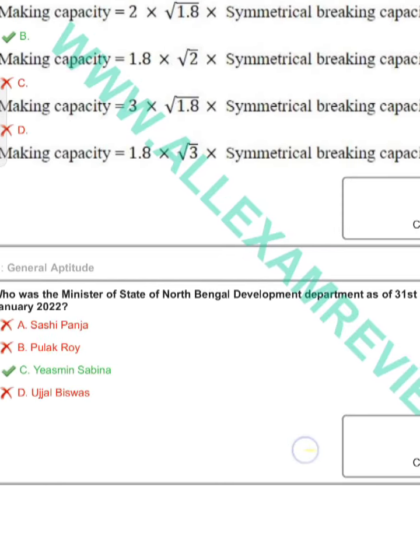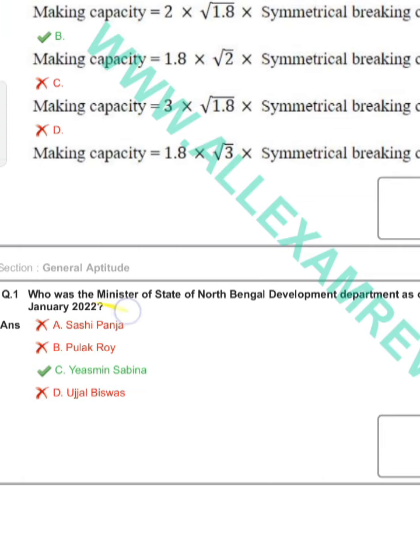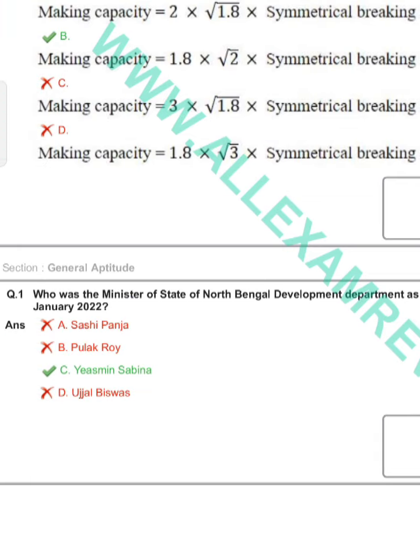How are the making capacity and breaking capacity of a circuit breaker related? Making capacity is equal to 1.8 into root 2 times the symmetrical breaking capacity. That means 1.8 into root 2, that is 2.54 times the symmetrical breaking capacity. You have to know. Okay,